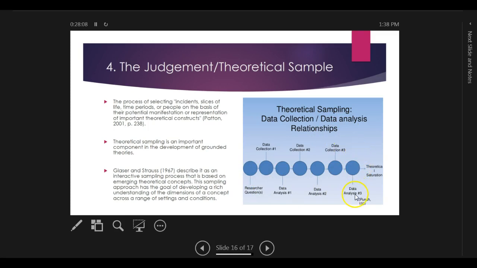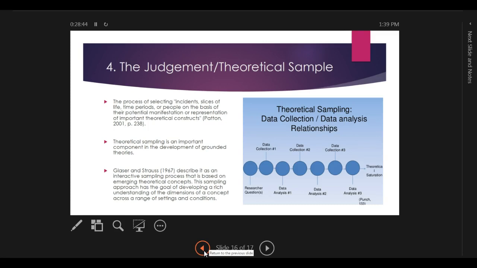Maybe finally you get at the number 3 of data analysis. You get to that saturation. And that's the most important word for qualitative researchers. Okay, now I feel that I've got everything. There is nothing more that I can find to help me answering the theoretical. So I'm just going to stop there because I have what I want. That's the ultimate goal. All right, so these are the 4 kinds of qualitative